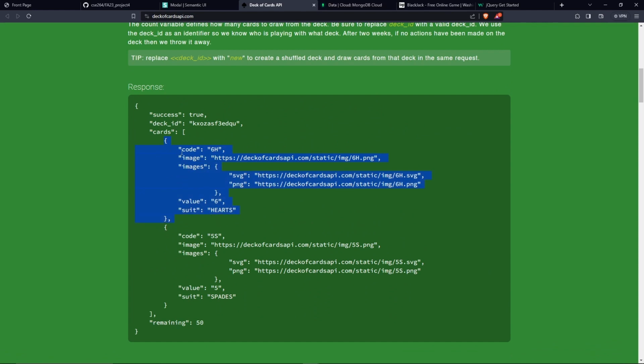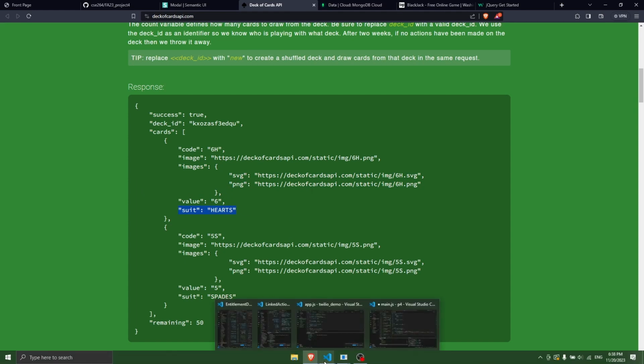Each card has a code, which is what we push to current, a 2-character representation of what the card is. And then we also have value, which is 6 in this case, and it's a string, so we have to convert it to an integer as well, to prevent the automatic type conversion that you see in P1 or in Quiz 1, for example. And then all the rest. We also have the image, which we care about, and the rest doesn't really matter, and we don't care about the soup either. So with this in mind,